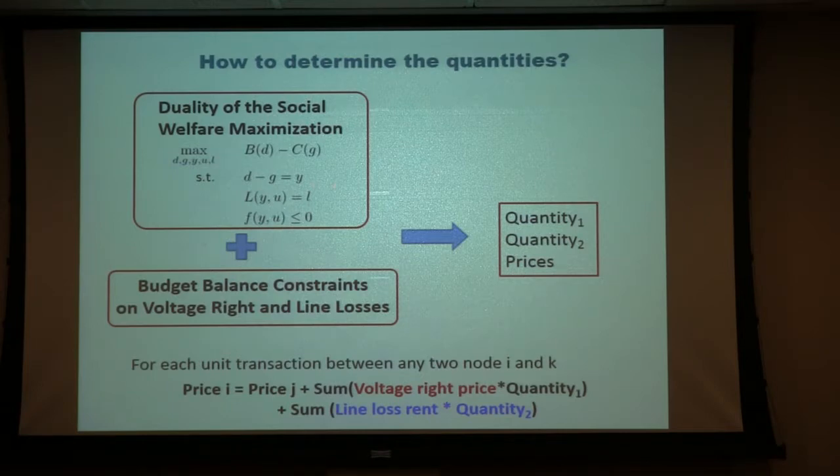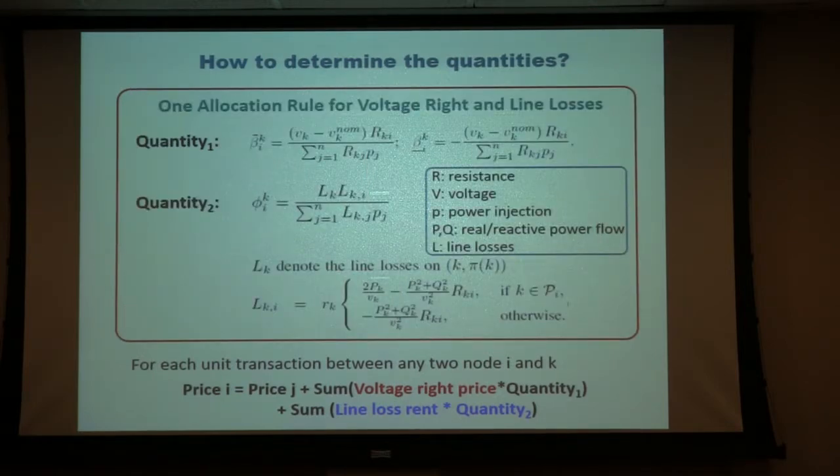But the good thing is, from our study, this arrow is actually not unique. I provide one way. This is the one application rule we designed, but it's too complicated. I don't want you to go into the details. It depends on the system operation conditions, and it's a little bit complicated, but we tried to make sure the design has physical meaning as well. I don't have time to talk about this in detail.